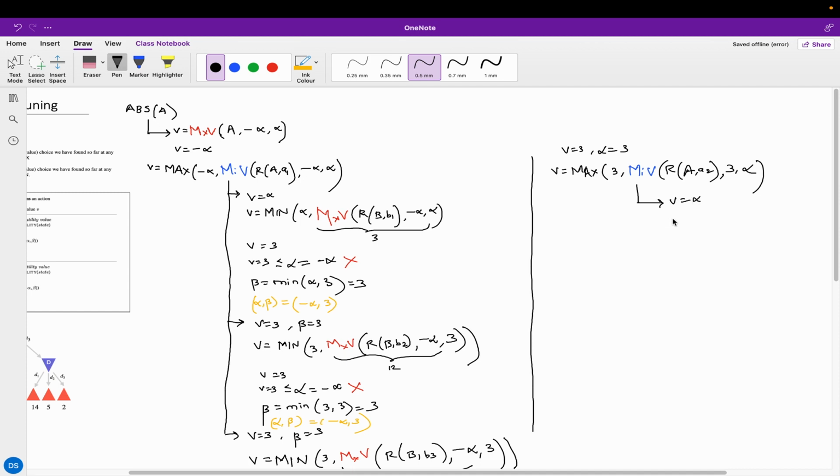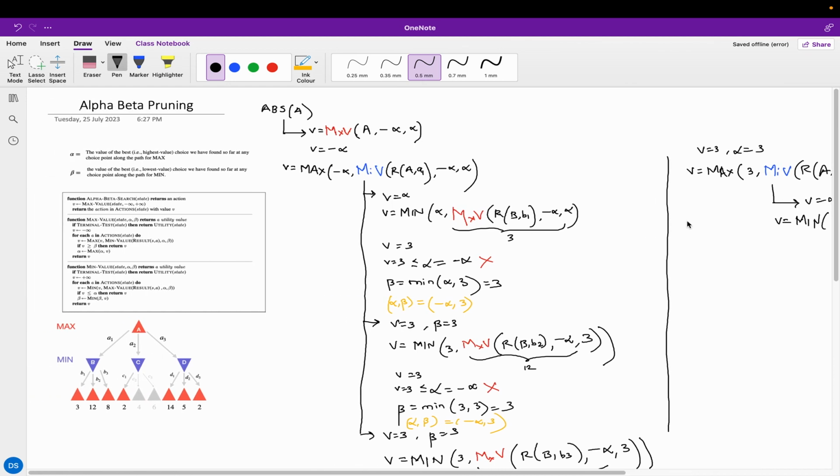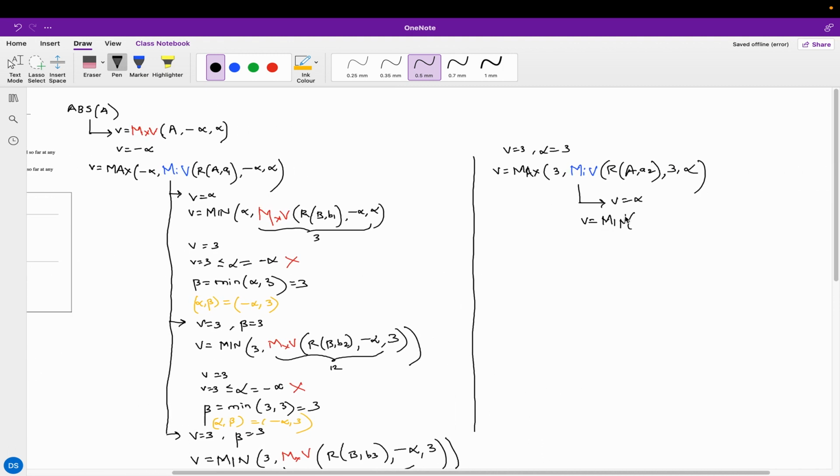So v once again is equal to minimum of, here if you go to the min value function, the v value here is infinite, and we should not confuse it with the v value outside. So here the v value is still infinite and we are going to call the max value function. So max value of,